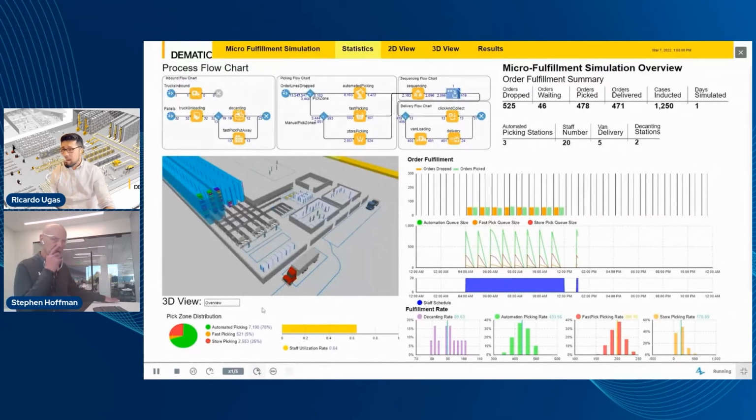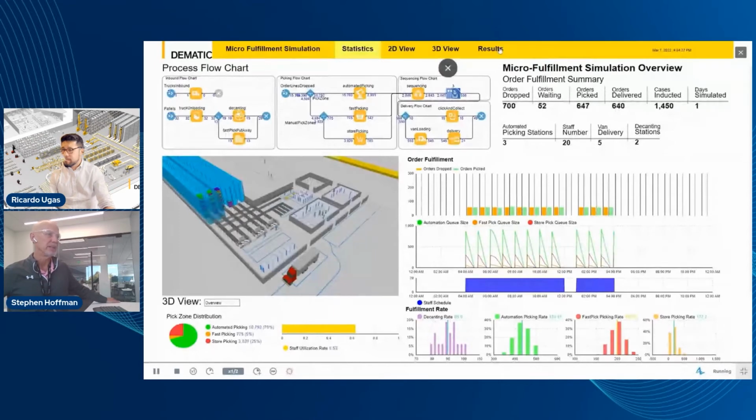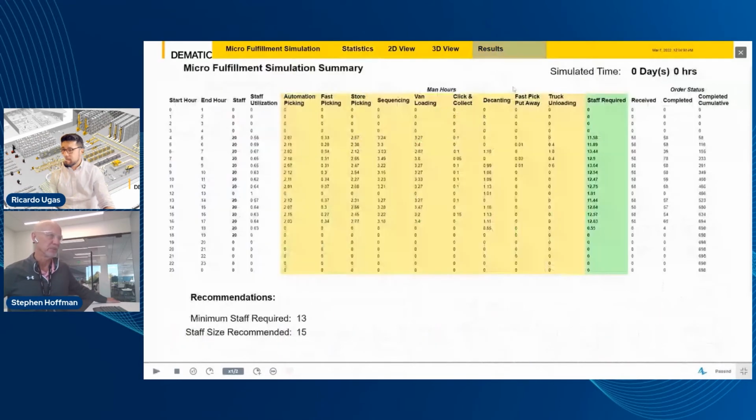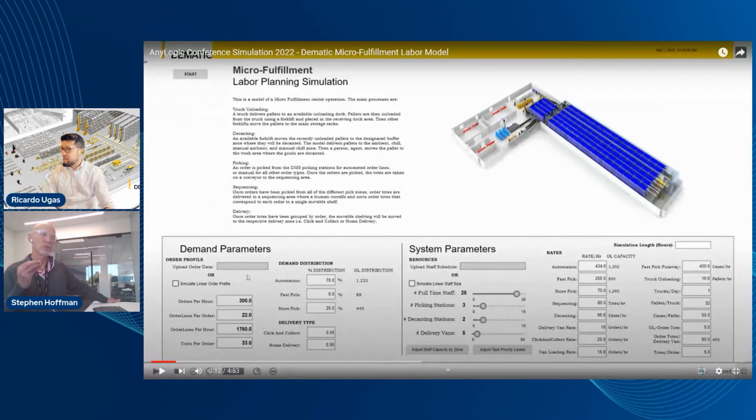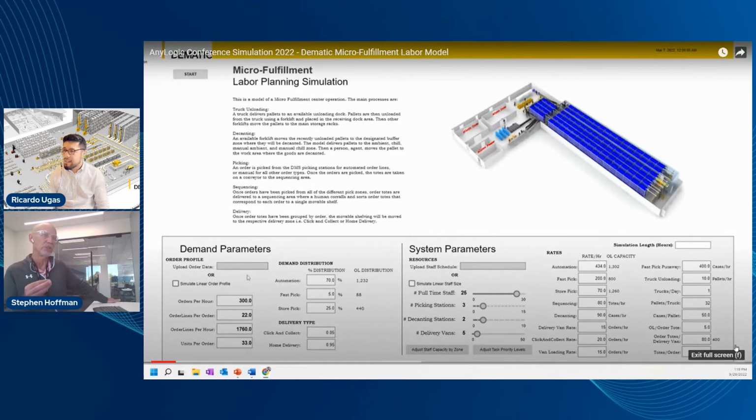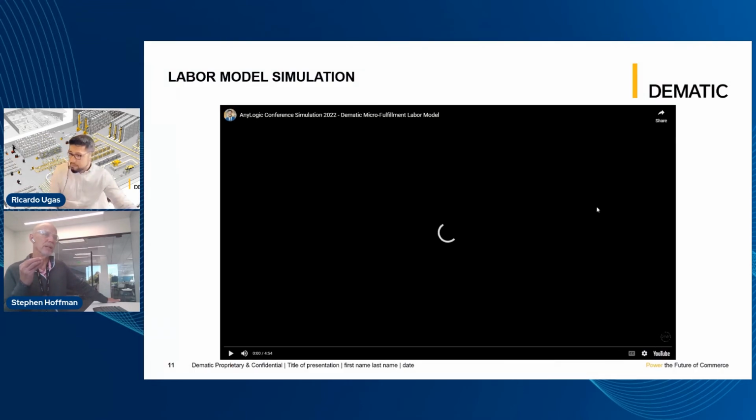Yes, there are a couple of questions I'm trying to field online while you're speaking, but on the limitations of the model: at this point, we just had to give a rate for the automation. The automation looks like the blue ice cubes, which is an automated storage and retrieval mechanism, so it will have all different types of groceries in it. We can't exactly simulate when a bunch of orders all want the same salad dressing at the same time. So at this point, we're giving rates and giving an estimation so we can